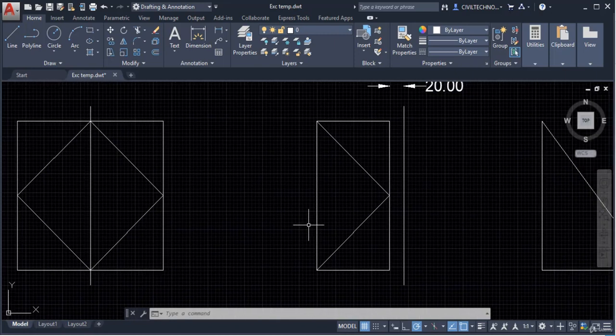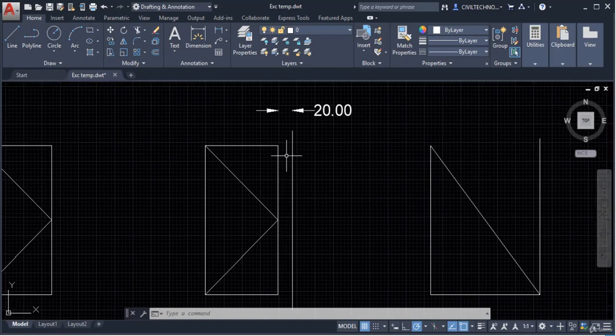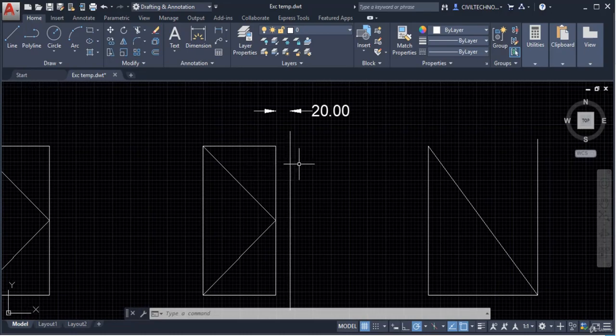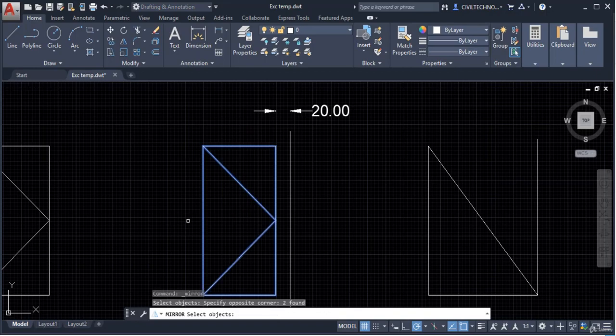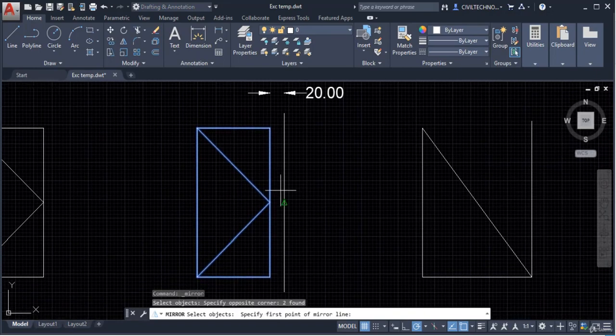Now again I want to mirror this object at a distance of 20 units. You can see I have created a line at a distance of 20 units, so it will mirror up to 20 unit distance. I will activate the mirror command, select the source object and hit enter. Now it is prompting for the first point, so I want to mirror along this line.